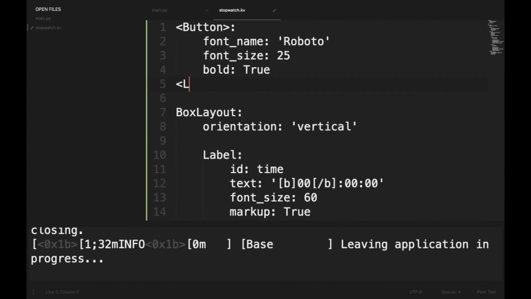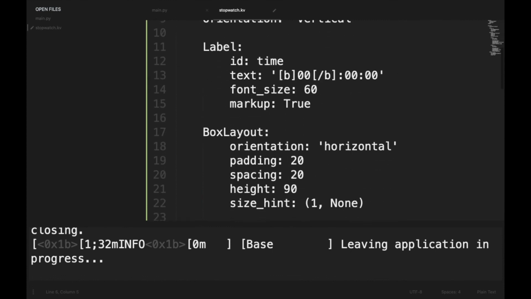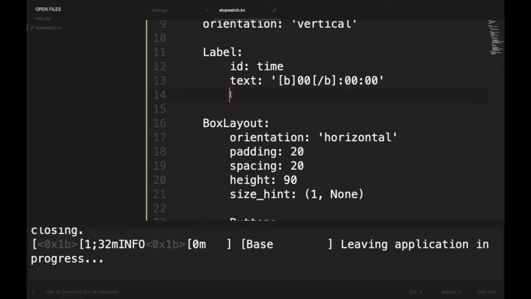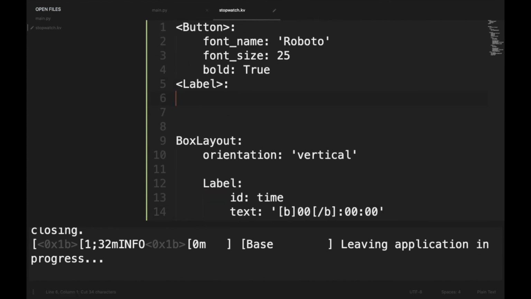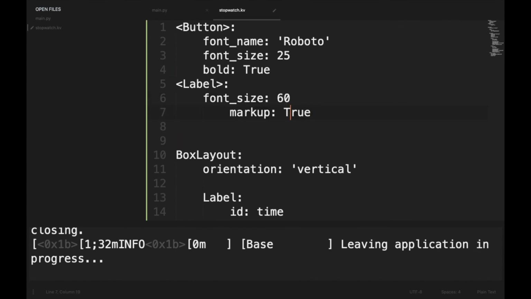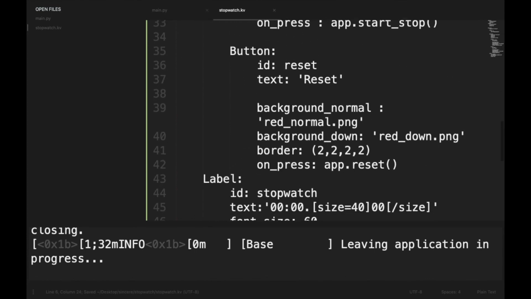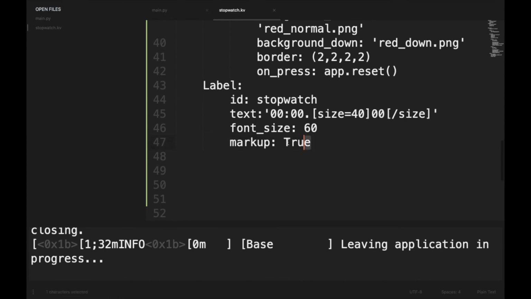So here we can say Label, and in label the font size and markup we can cut from here and we can set it here, and also the font name, and we need to remove this markup from here because we have declared it at the very top.